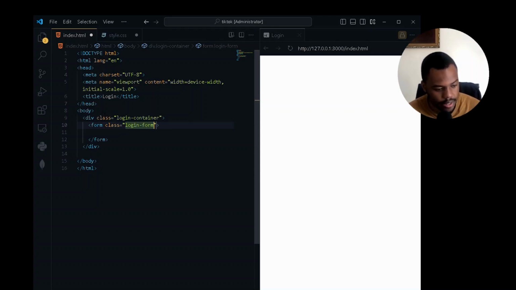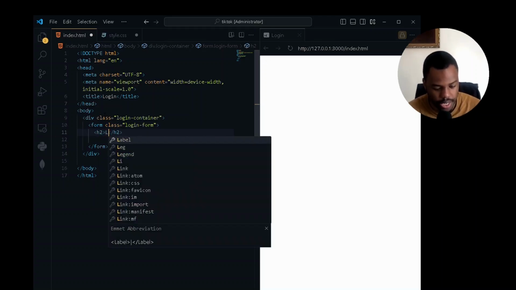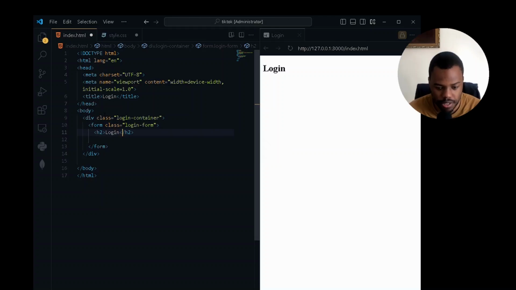Okay, so inside this form we'll have a h2, and h2 is going to be login. Okay, as you can see here, it's showing here, so we have an h2 of login, and I think we should have another div,